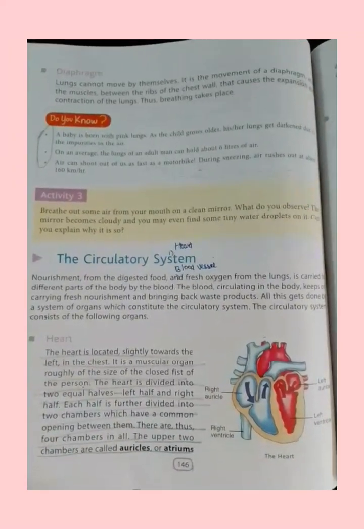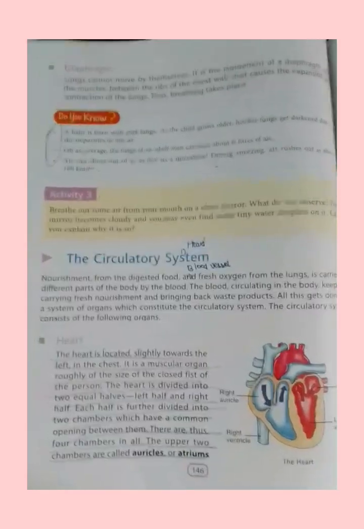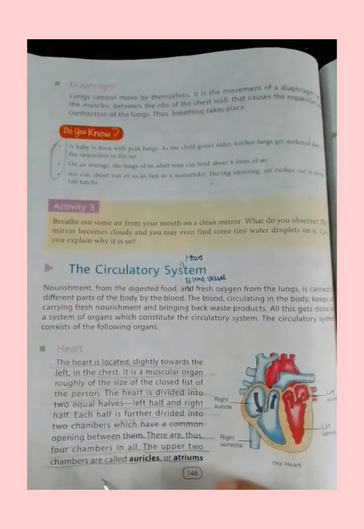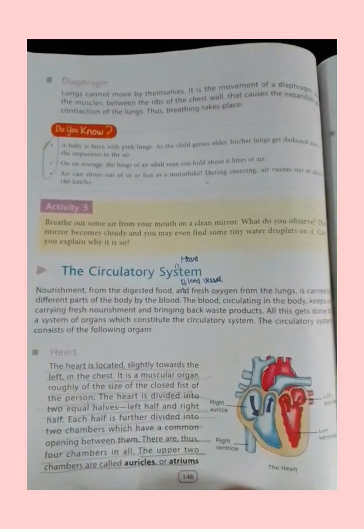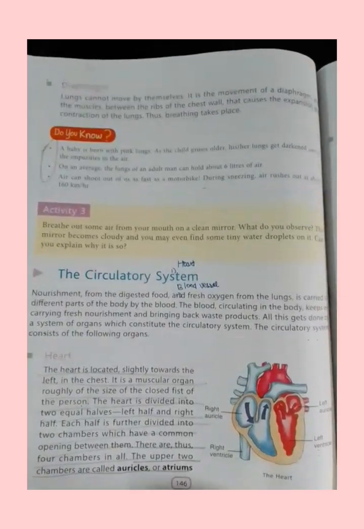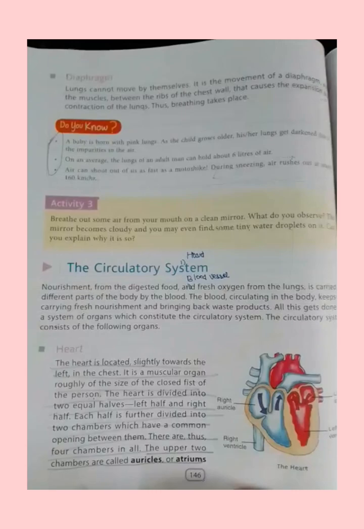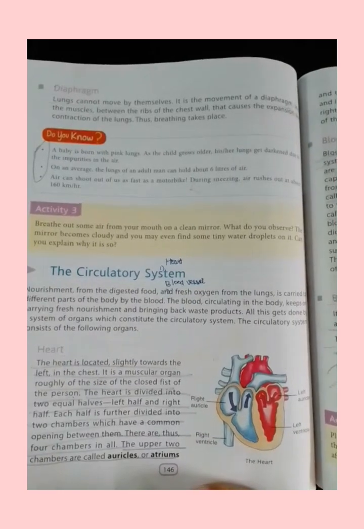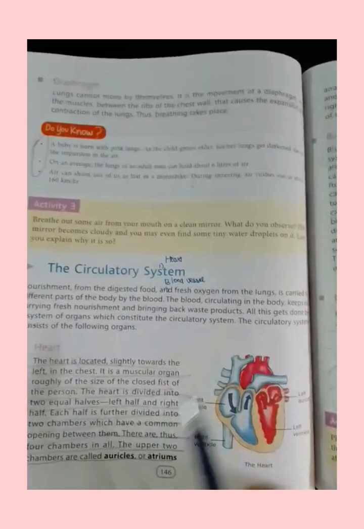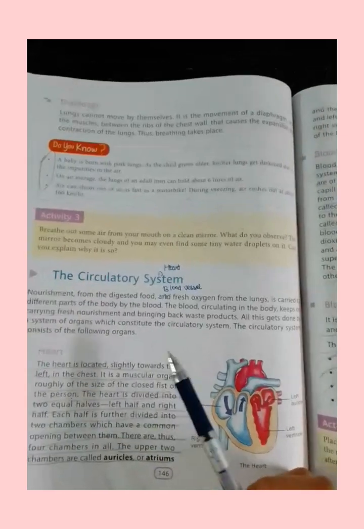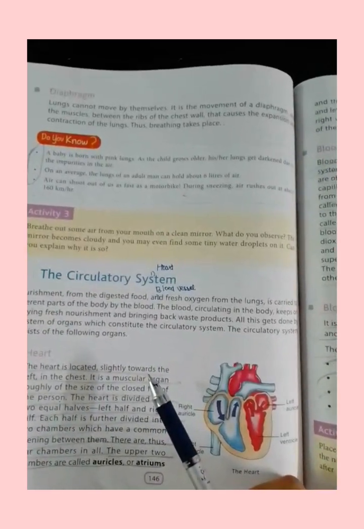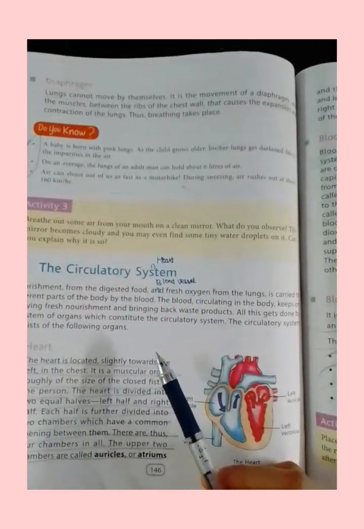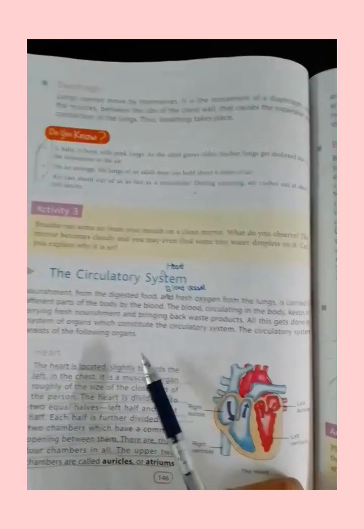Okay, good morning students. So today in this video we will study in detail about the circulatory system. As we have studied in previous systems like the digestive system and respiratory system, how food and oxygen enter the body. Now after they reach the specific regions in the body, they have to be distributed in the whole body, means food and oxygen. Digested food from the stomach and small intestine, and oxygen from the lungs should be distributed in the whole body.